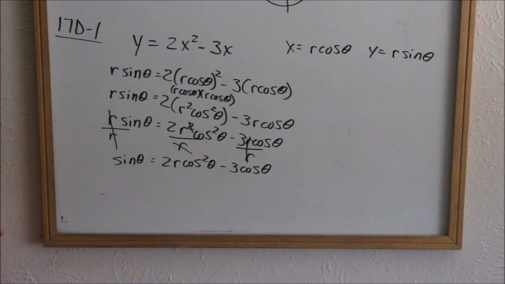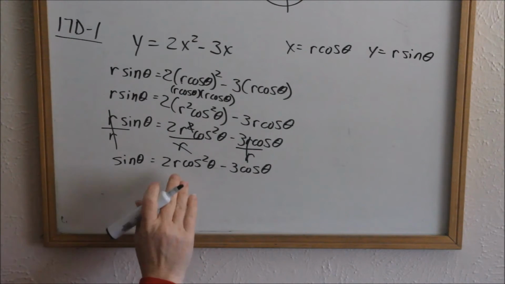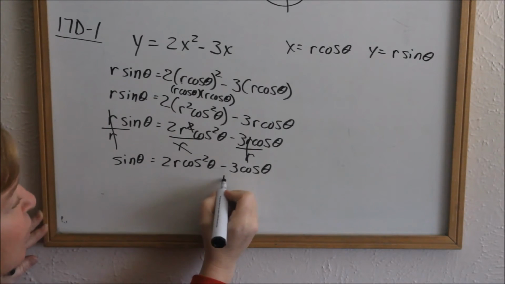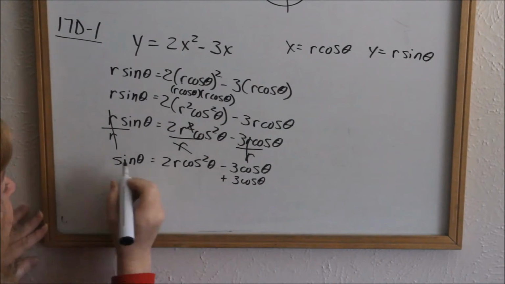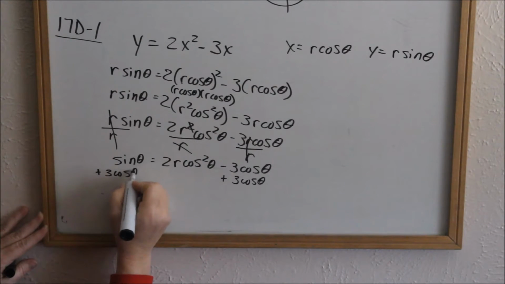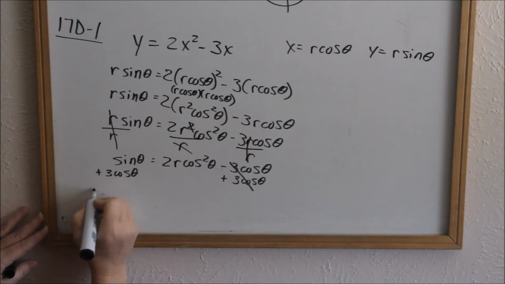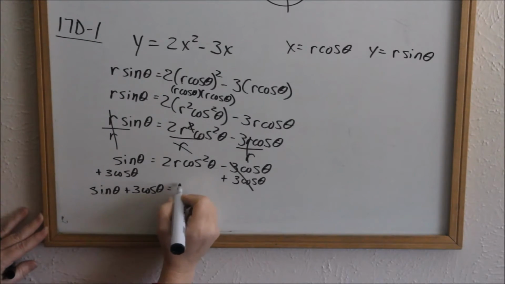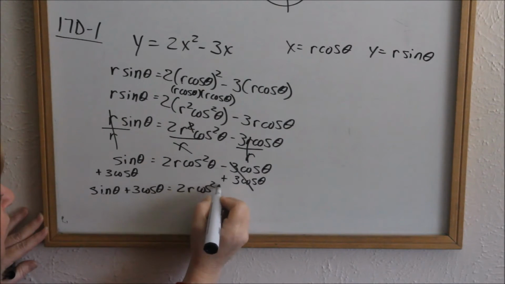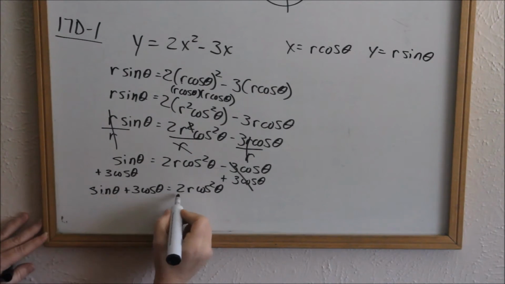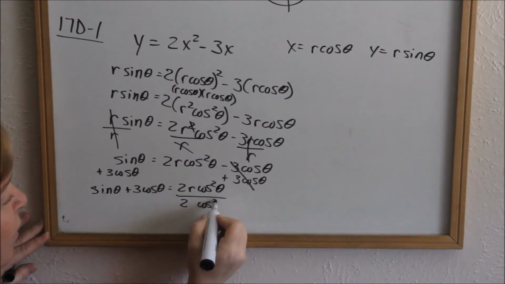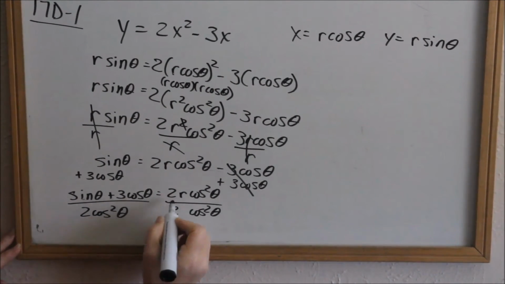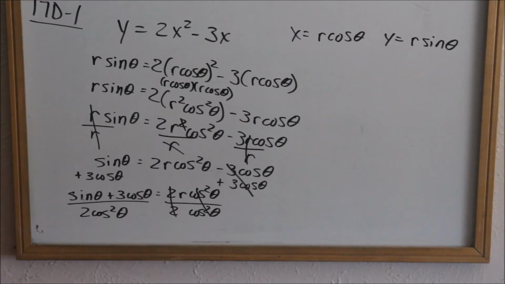Now the goal is to get the r all by itself. So I'm going to move everything that's not an r, like here's an r term, but this one doesn't have one. So I'm going to move this over here. So I'm going to add 3 cosine theta, because the goal is to get the r all by itself and everything else to the other side. So now I have sine theta plus 3 cosine theta equals 2r cosine squared theta. Well, I want r by itself, so I'm going to divide this by 2 cosine squared, which means I have to divide this by 2 cosine squared. So that goes away, that goes away. Then,